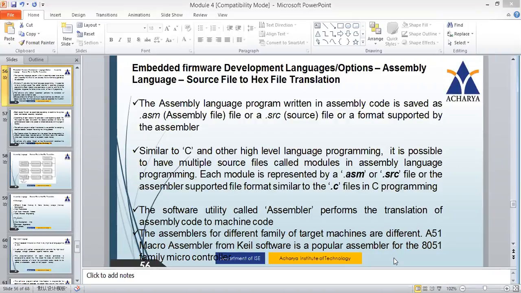We used to use the MASM assembler previously for x86 processors. Here we are using the A51 macro assembler for the 8051 microcontroller.